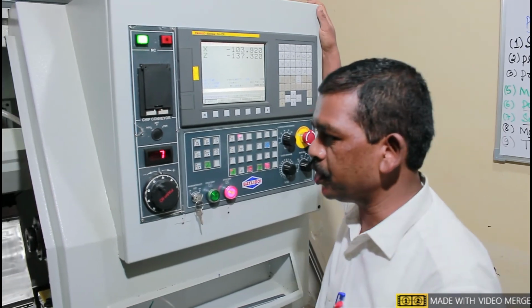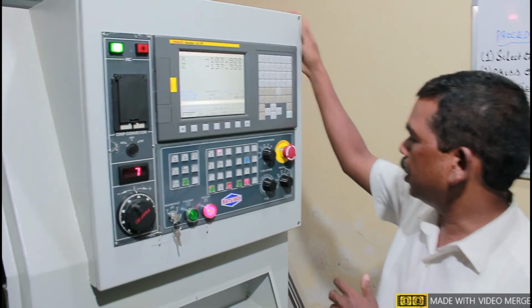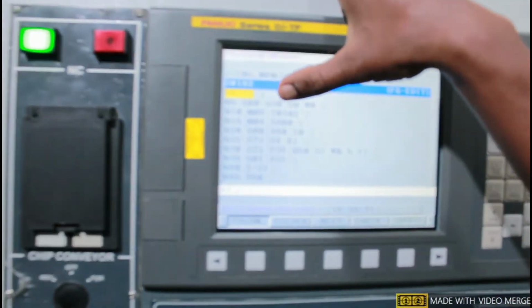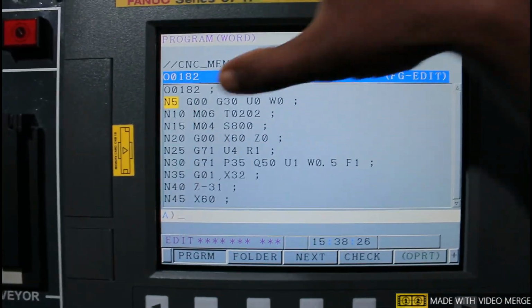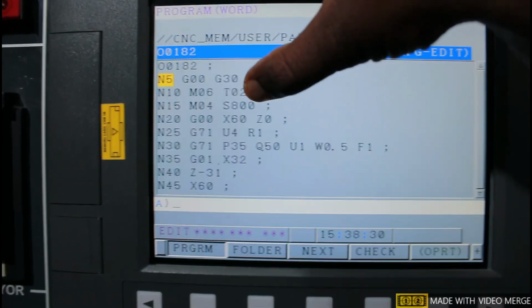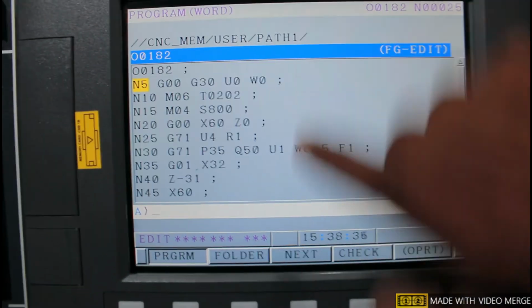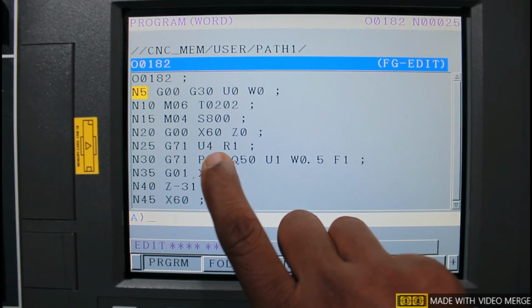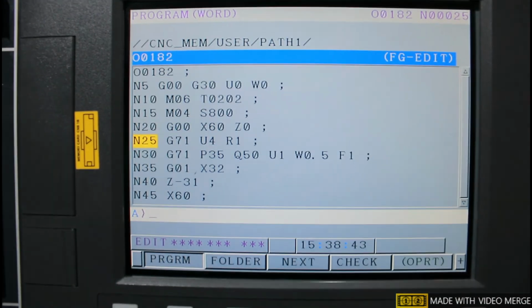Okay friends, let me show you the stock removal cycle in the CNC machine. The program is already there. See here, this is the program. I already explained homing, G00, G30, U0, W0, tool offset, tool changing, and then the work will rotate at 800 RPM with rapid positioning, and this is the G71 stock removal cycle, depth of cut and retract 1 mm. Again G71 is there.